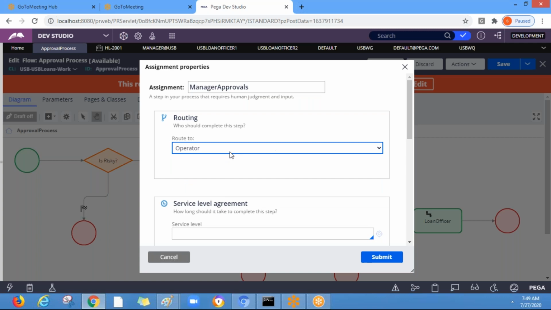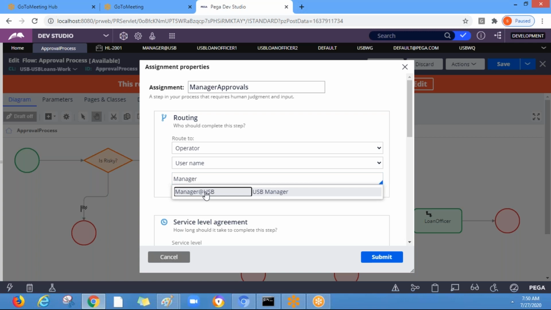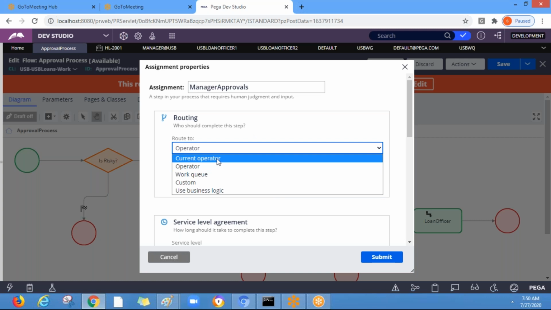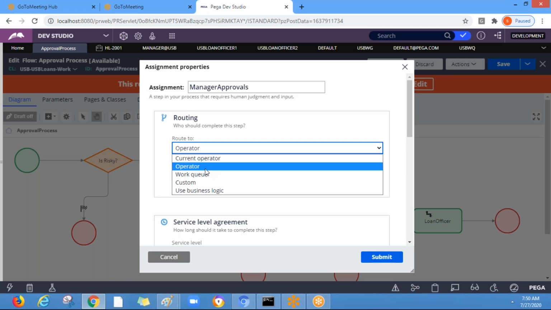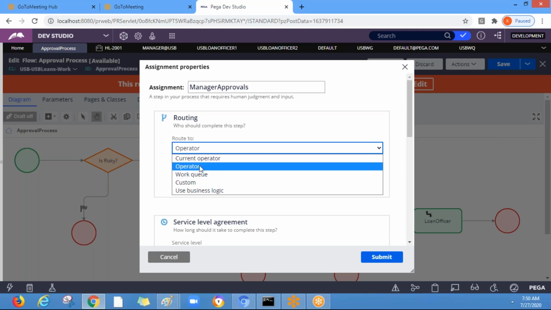Operator. So this is nothing but the single operator. So you need to specify the operator ID. Okay. And so there are different options. By default, we have the current operator, we have the operator, which is nothing but the single operator. So we also call it work list.